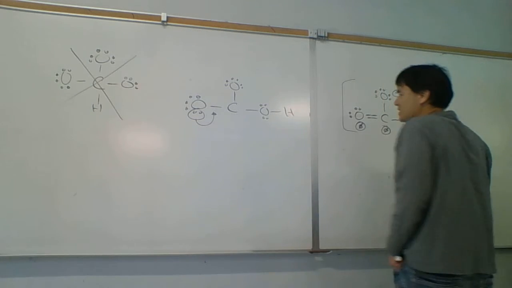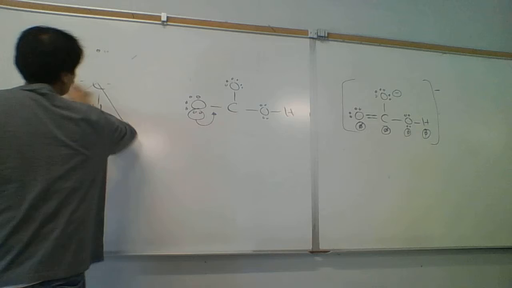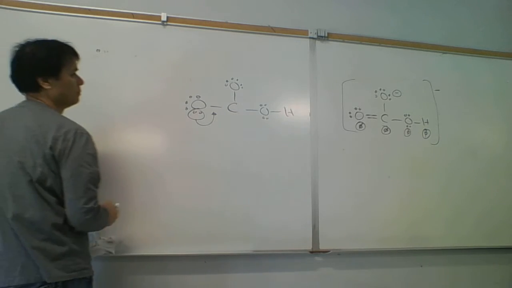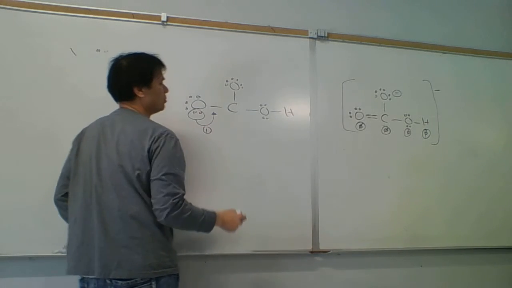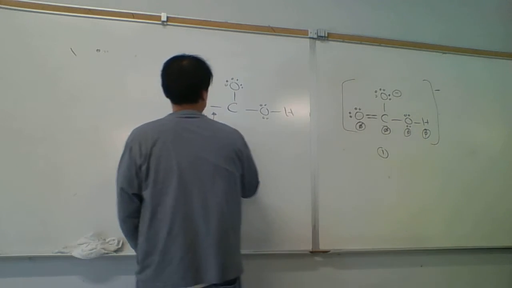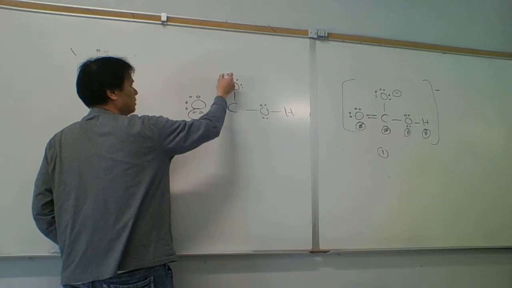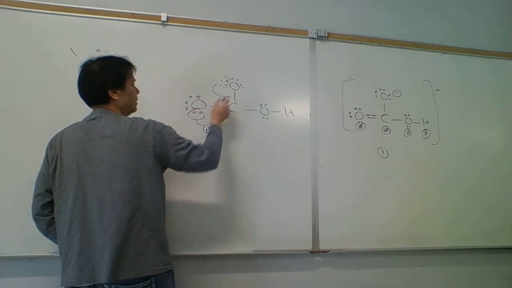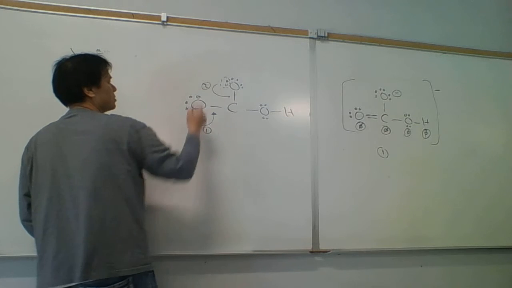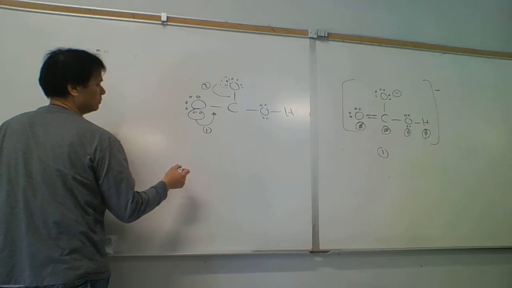Now, we had a choice. I picked this left oxygen. This is generated structure 1 here. Rather than picking this left oxygen, I could pick this top oxygen here and drop the lone pair here and leave this one here. This would be structure 2. And so I'd do 1 or 2